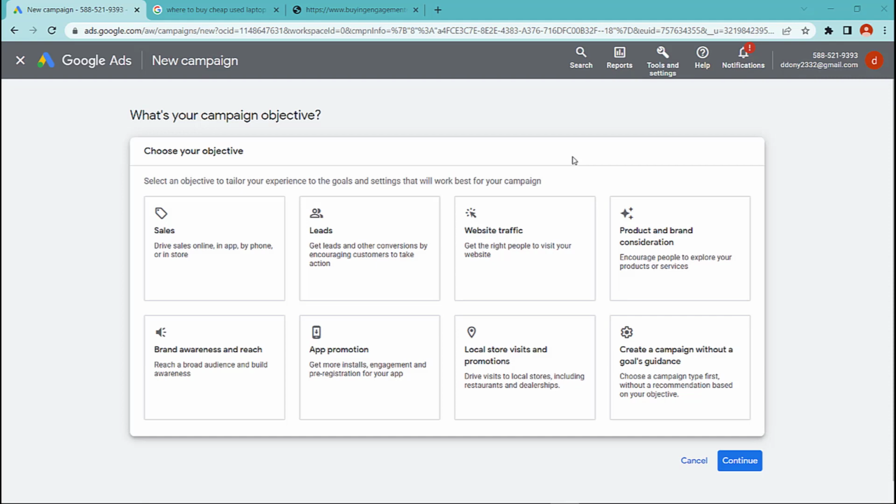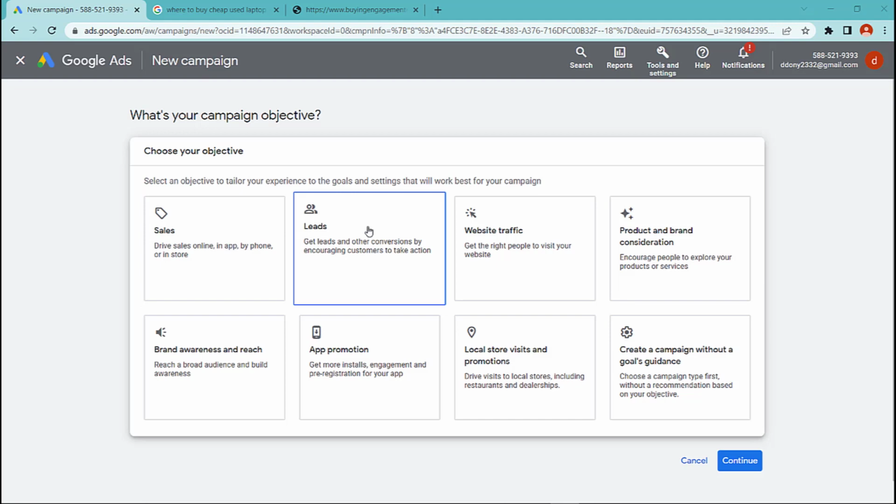There are several different campaign objectives available, including sales. If your primary goal is to drive sales through your business, you can choose this sales campaign objective. This objective is designed to reach people who are likely to make a purchase, and it can be a good choice if you have a well established website and clear sales funnel.